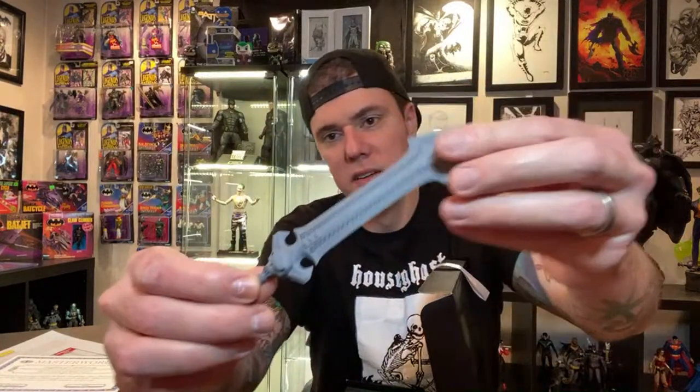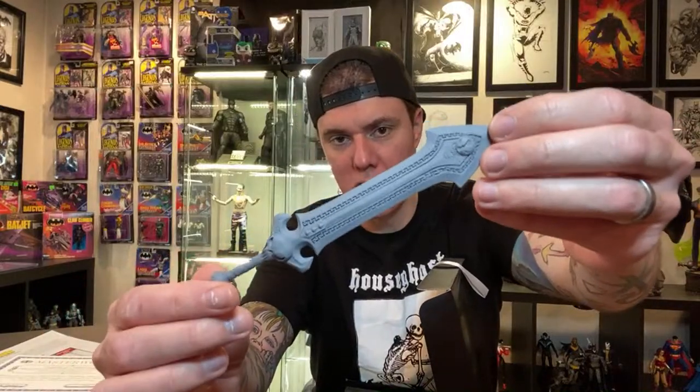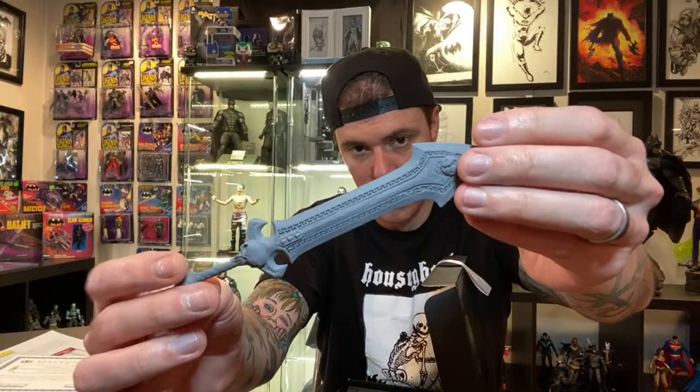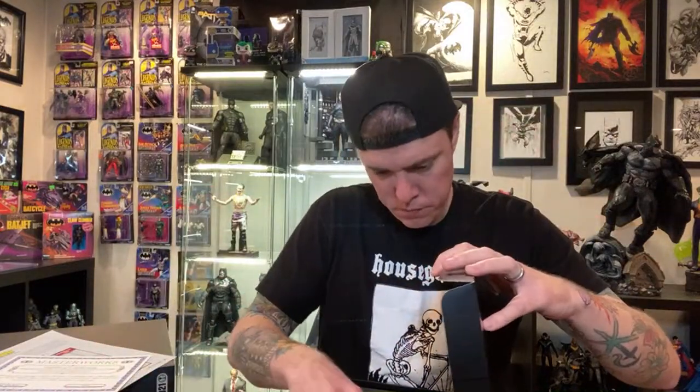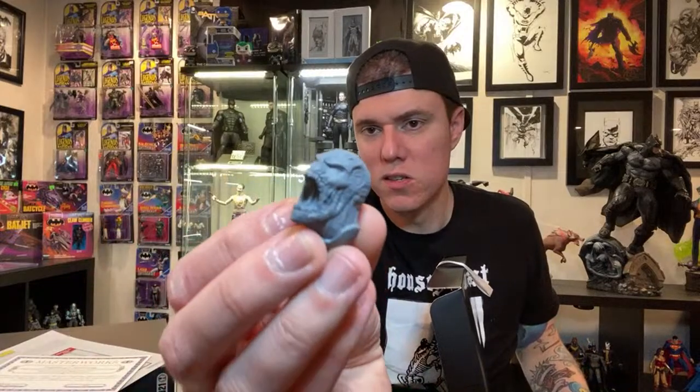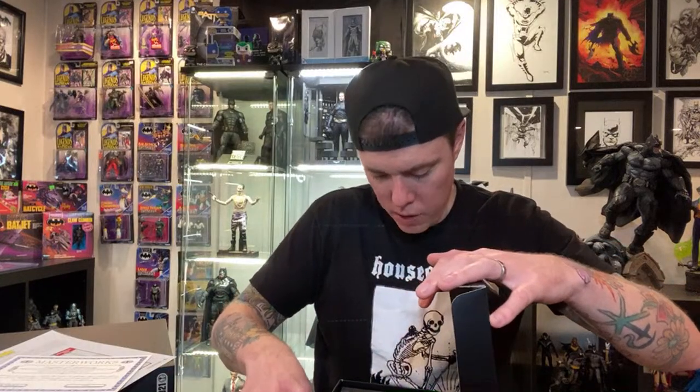So the first thing that we get is the matte gray. If you guys don't know, the artist proof is supposed to be the coloring of the actual proof that they send for production, so the molds. Here we have our matte gray sword. We have the matte gray club, and then we have our green sword that came with all the figures. And then we have our Screaming Tormented Soul matte gray Spawn head sculpt right there, which looks unbelievably awesome. And then if we go ahead and take out the foam,